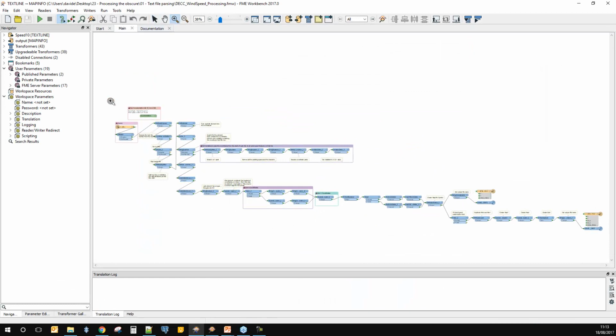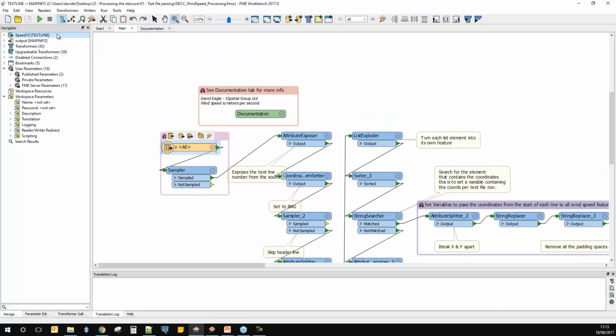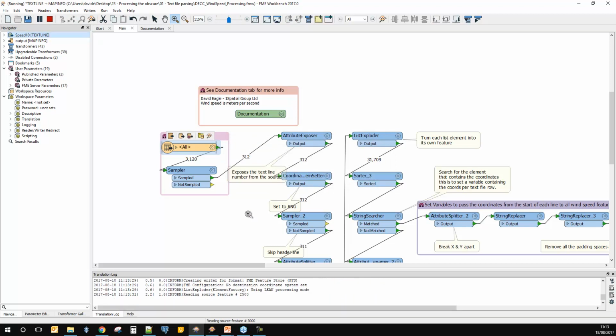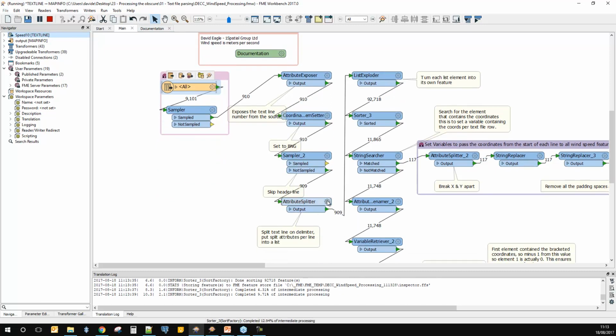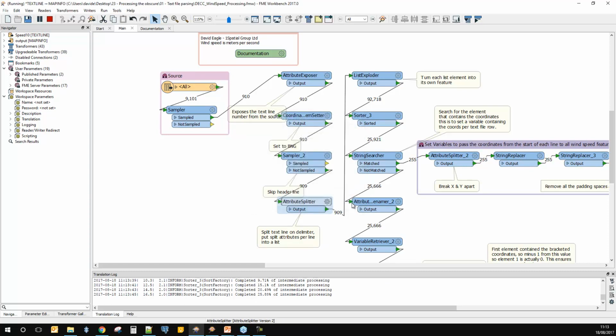Now, effectively, what we've got here is a process that reads in this text data, and in this case, I'm sampling off some content. So I'm going to kick it off reading just a handful of lines from the text file, and just sample off a few of those. And what you can see is I'm exposing some data and effectively building a list. So I split the line of data on the semicolon, build each of those features out, and effectively create a list feature that I can explode into hundreds of thousands of records in some cases,